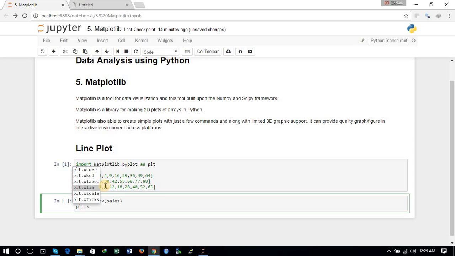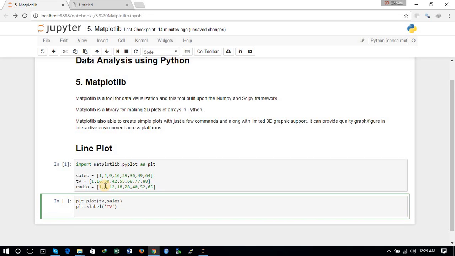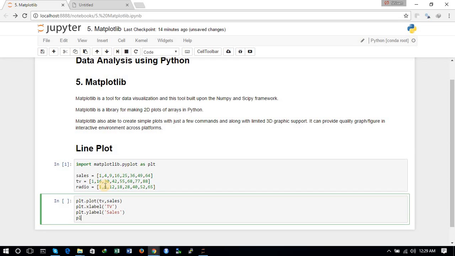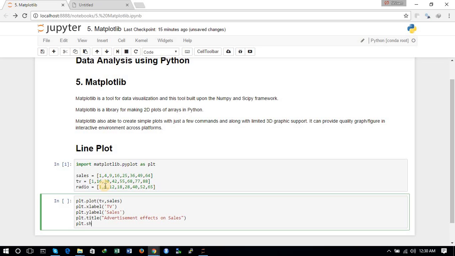like x label, and let us say the x label is TV, so we'll give the x label, and let us also give the y label as sales, and we can also define the title of the plot, the title as advertisement effects on sales. So now we can use the plt.show